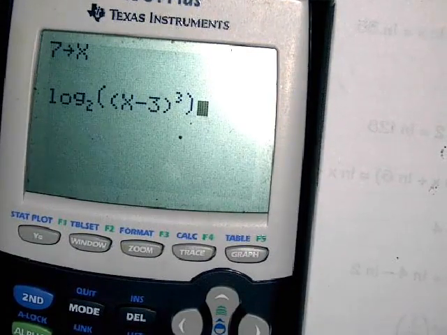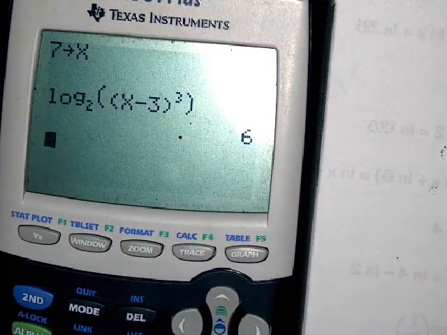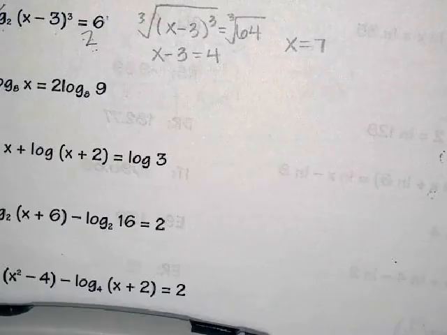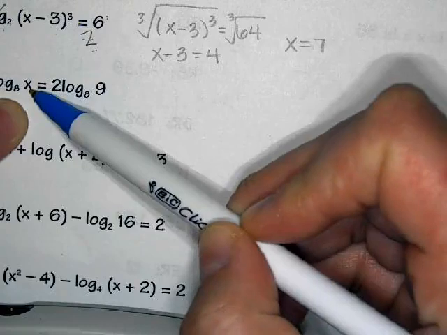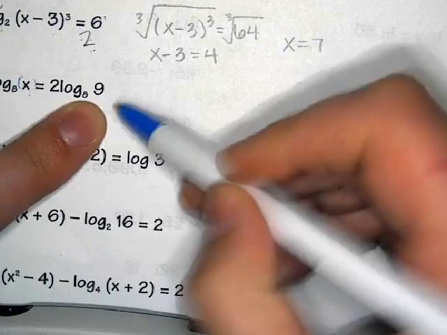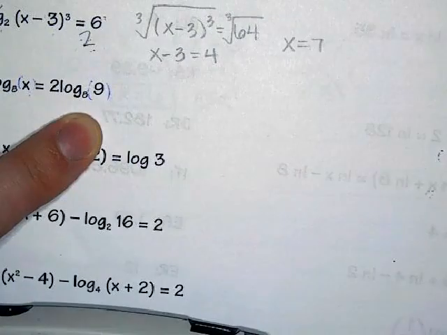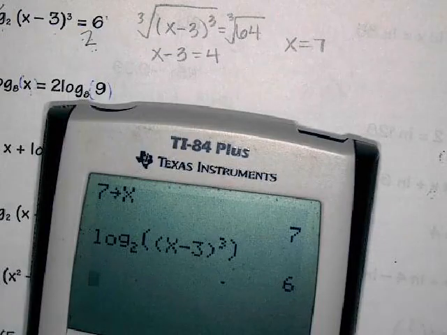Yeah. Is that different than how you were typing it? Yeah, that's what it is. Because when you put it into the calculator, it has an extra set of parentheses that your paper does not. Your paper just has an x here, but your calculator would put parentheses there. Your paper just has a 9, but your calculator would put parentheses there. So your calculator always has an extra set of parentheses. Yeah, that one's weird when you plug it back in. All right, let's go ahead and flip it over and do